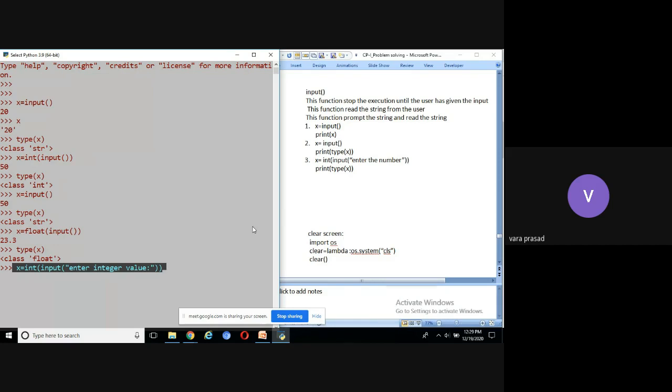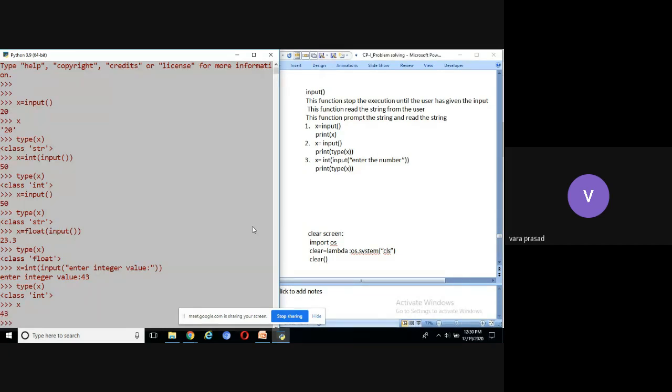That value is stored into x. Now you can see the execution part, press enter. It displays a prompt, enter integer value. If I enter 43, it is a string, but it will convert 43 to integer by using the int function. The result is stored into x. What is the type of x? Integer. How to display the value of x? print x.